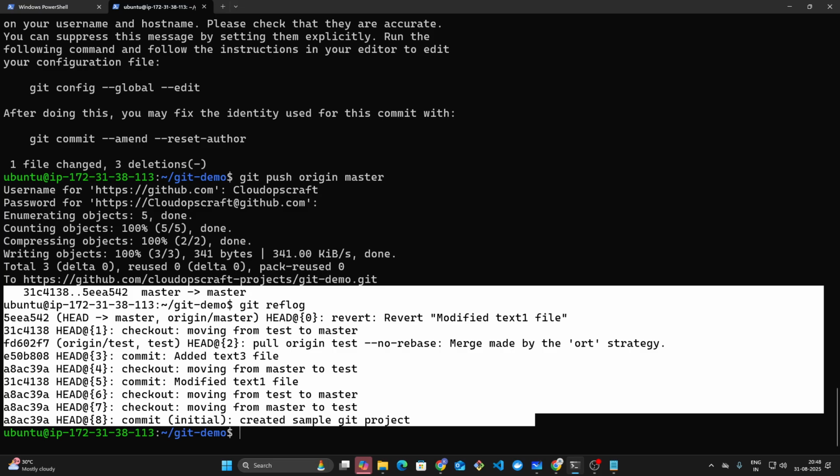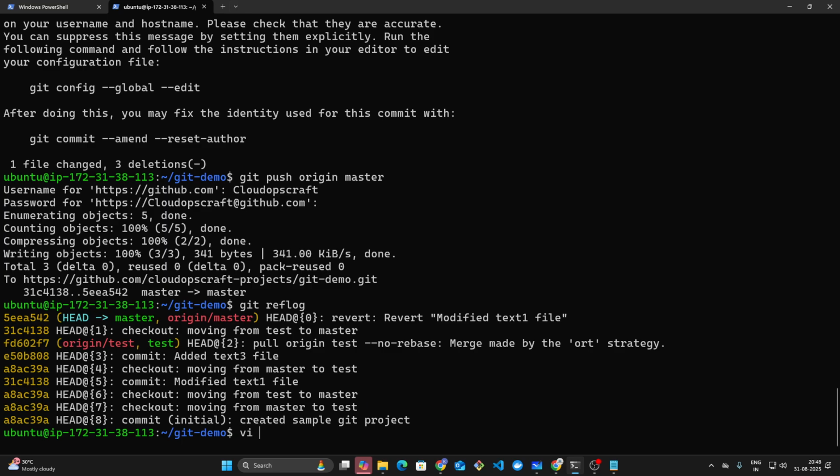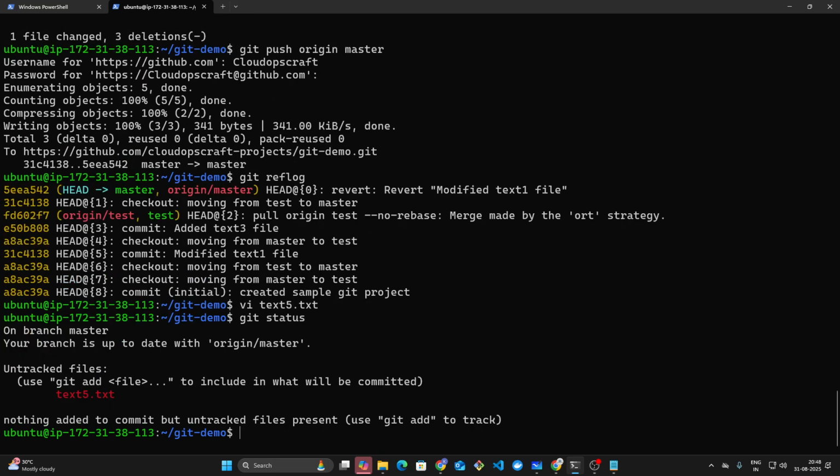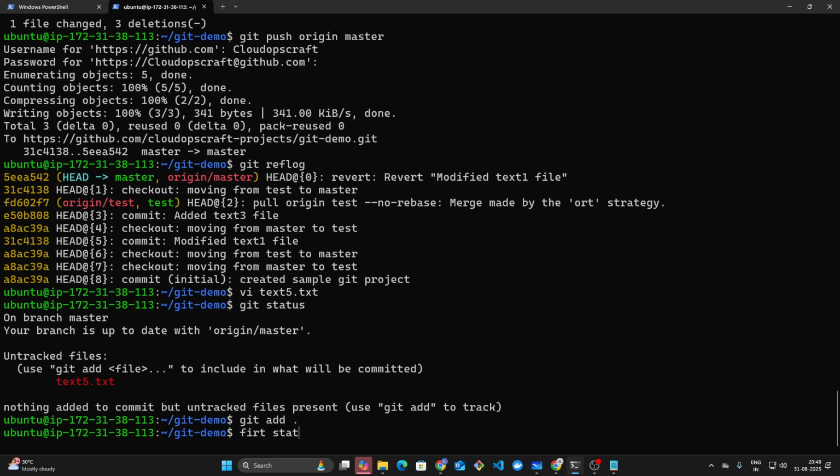For example, I'll create one more file, text file.txt, and I'll add some content. This is my text file. If I do git status, it is untracked, right? I'm just tracking it. Now I am explaining how to unstage the changes. Now I am staging it. If I do git status,